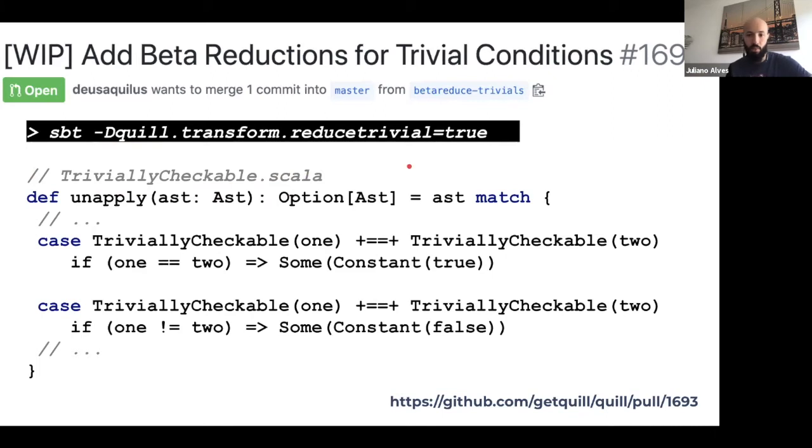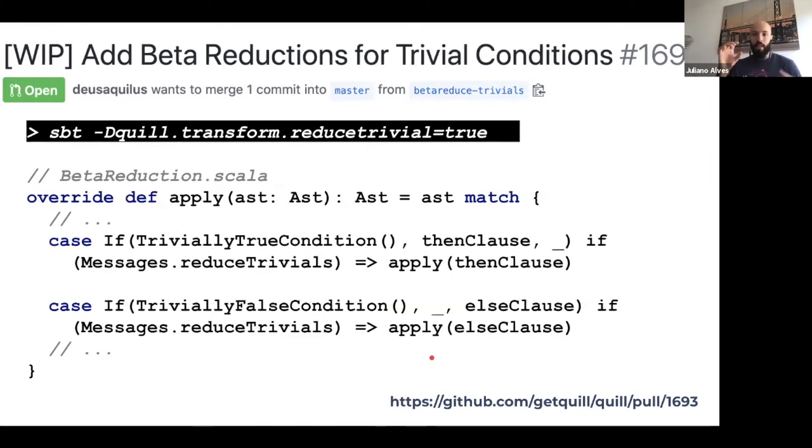There's a lot more. But at the end of the day, when we are applying part of our AST, we could check that if we can parse that and verify that they are trivially checkable, very simple conditions, then again, it's a work in progress. And we verified that the first one is actually equal to the second one. I know that's already true. And if it's not, I know that's already false. Knowing that, I can better reduce my AST.